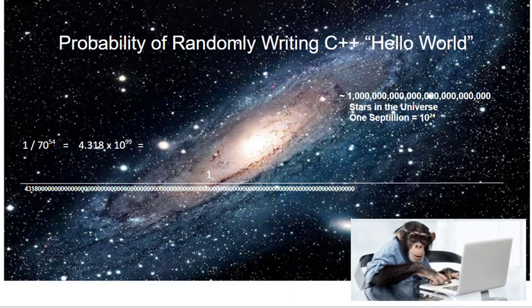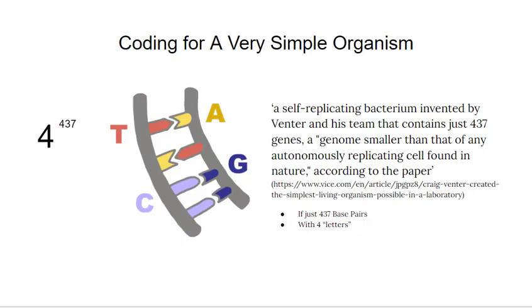So you have a much better chance of randomly picking, quote, the winning star. If we were playing a lottery and 1 star of the entire universe was the correct star, you have a better chance of randomly picking that 1 correct star in the entire universe than you would of setting a monkey in front of a laptop and having it press the keyboard 54 times and getting the working hello world. Well, what about coding for a very simple organism, right?